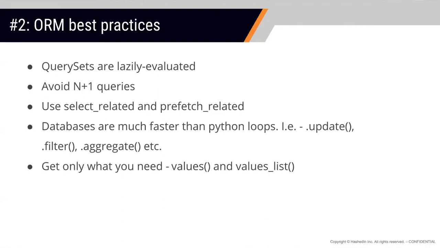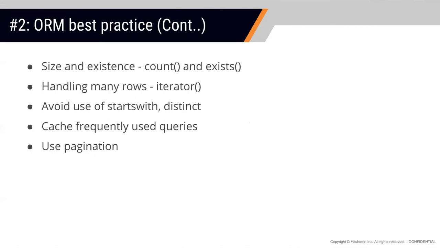You don't need to get all the objects and then aggregate or transform them and then return them to the UI. So make sure that whatever you need, you're using the correct filter and the correct function to get only the set of values that you require.